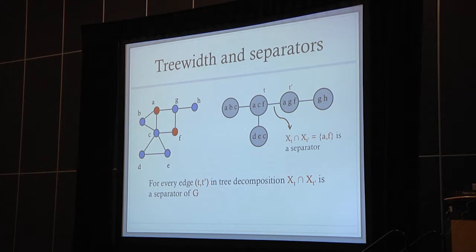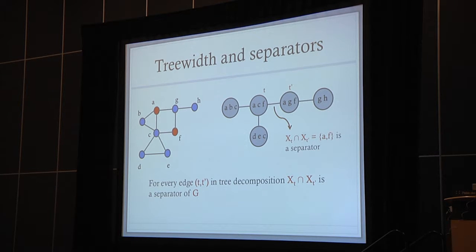Okay, why is that? Well, look at all the nodes which are on this side of the tree and look at all the nodes which are in this side of the tree. When I say the nodes, I mean look at all the vertices of the graph G which are in some bag here and which are in some bag here. Okay. So we remove this A and F. My claim is that for any vertex which remains on this side and any vertex which remains on that side, there cannot be an edge between them in the graph, which would then show that, in fact, this is a